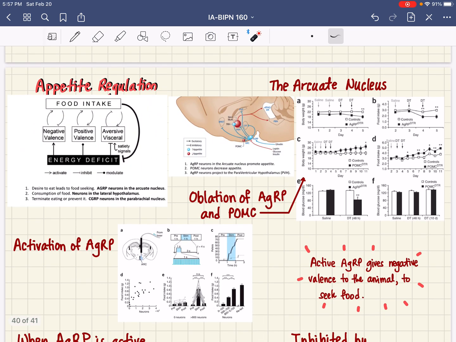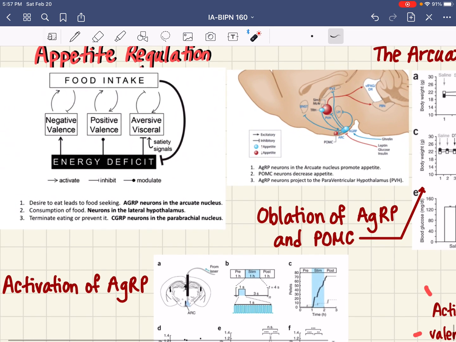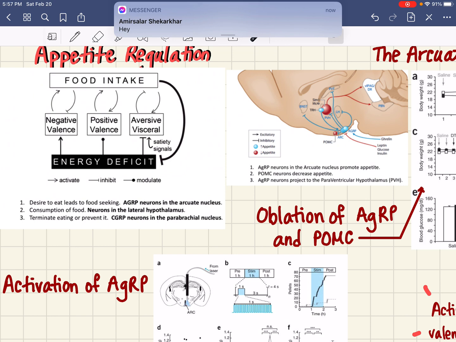Appetite regulation is the next topic, or the next function of the hypothalamus, so let's get into it. There are a lot of different factors included in appetite regulation, just like you saw on the slides: the stomach, the brain, leptin being produced from fat cells, and